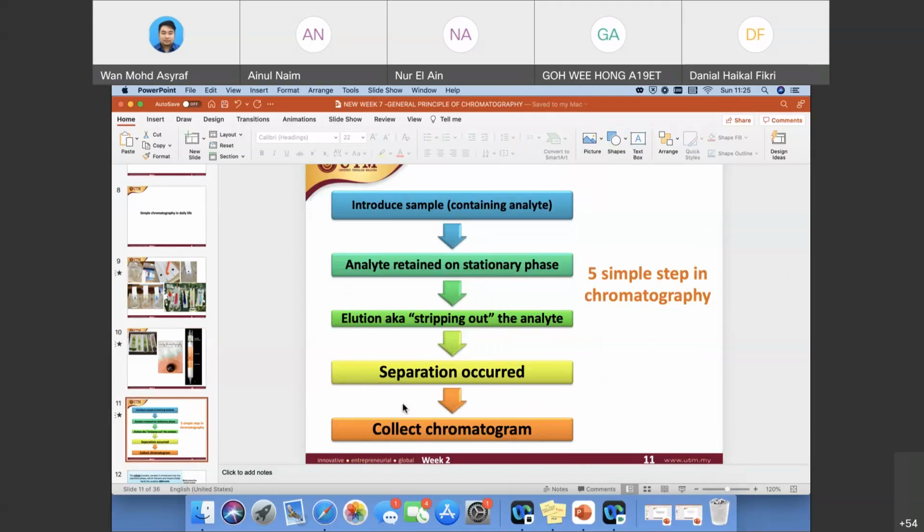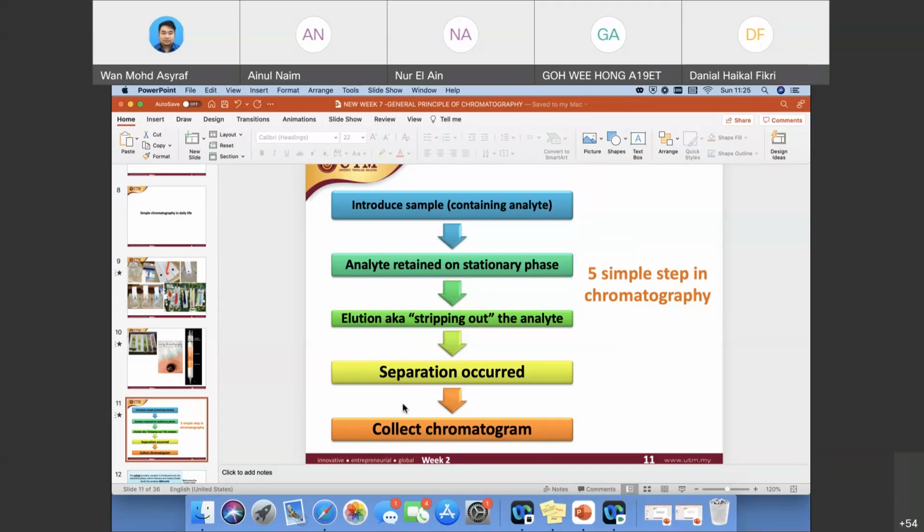First of all, is to introduce the sample. Introduce a sample, and your sample needs to be containing the analyte. Okay, and then your analyte is going to be retained on the stationary phase. Retain here means that it has an interaction with your stationary phase. Okay, as your mobile phase brings it upwards, the interaction of your analyte with your stationary phase would affect its